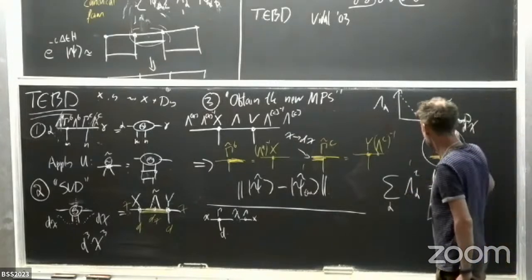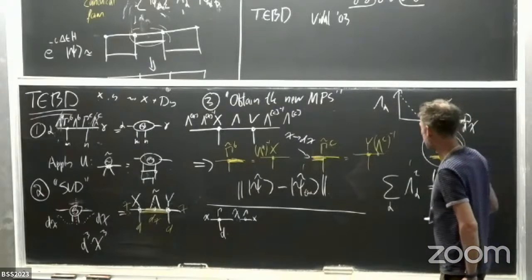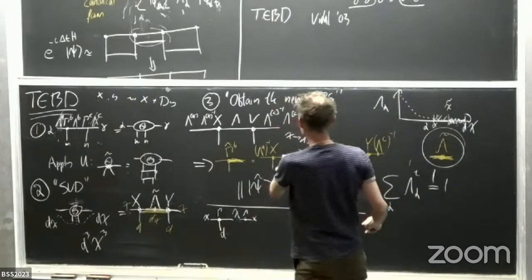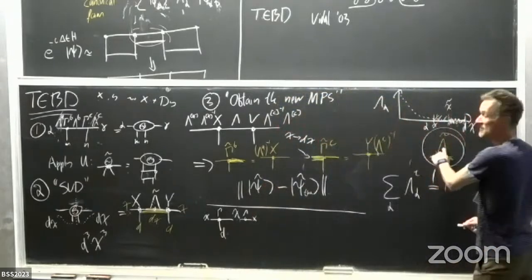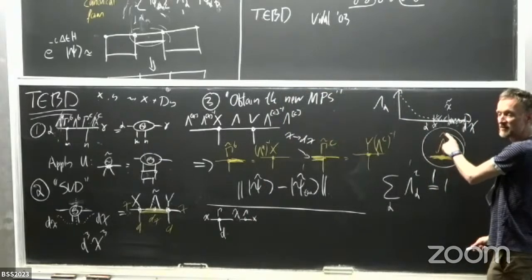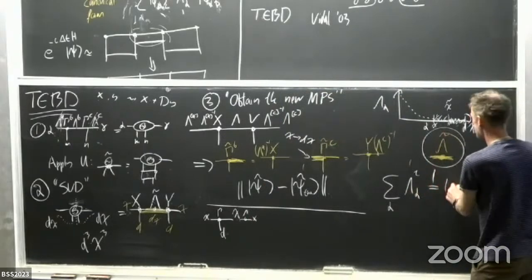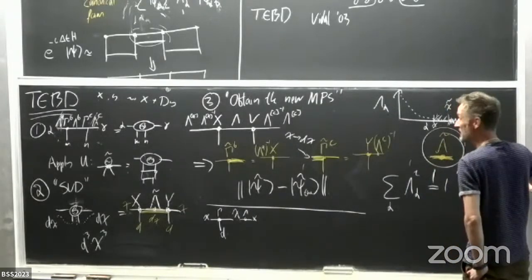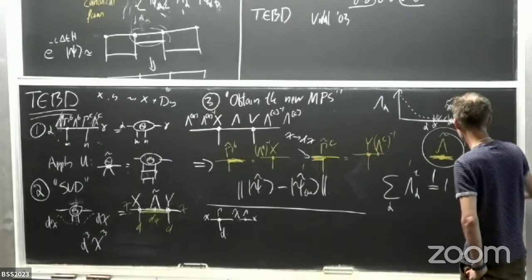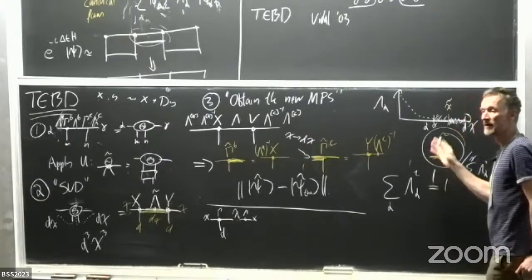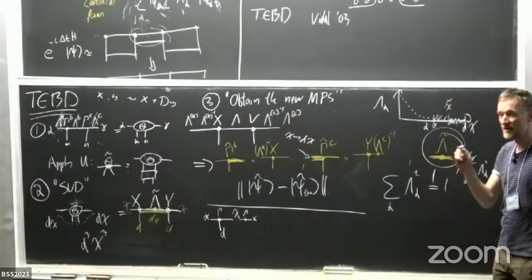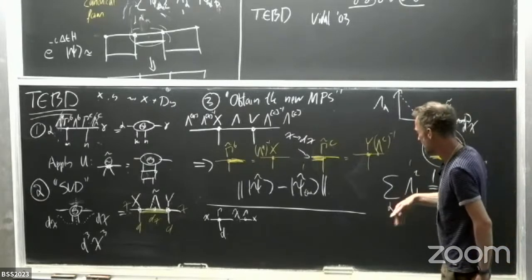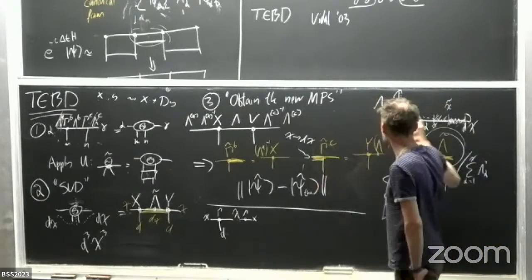And what I do at this step is I renormalize these gamma tilde. I just divide by the sum of lambda alpha squared, with alpha from 1 to chi. And then it's renormalized. As I said, there are many details which I put a bit under the rug. One of course is that the moment I start truncating,